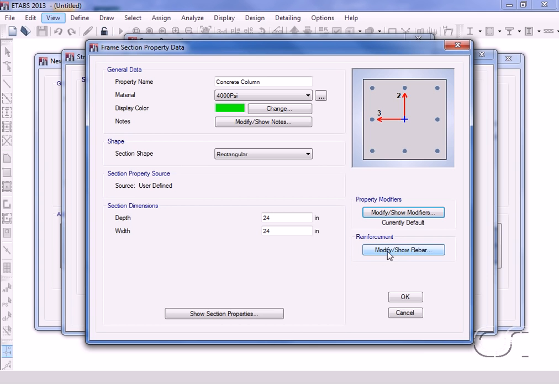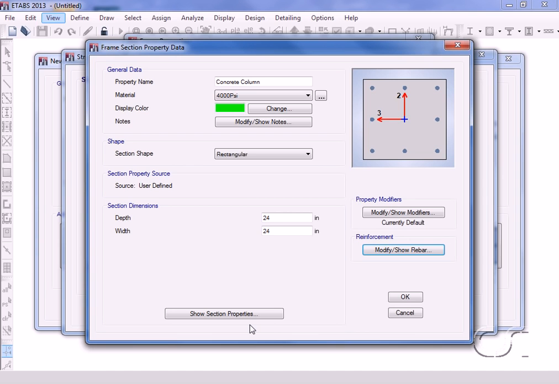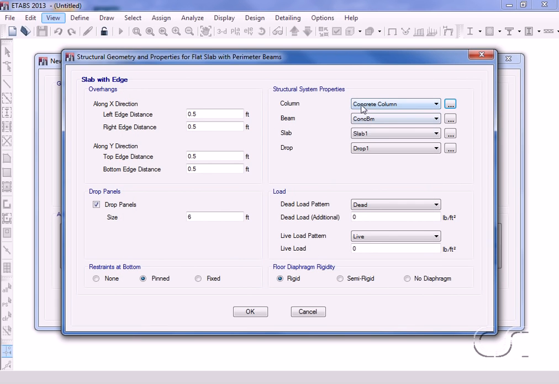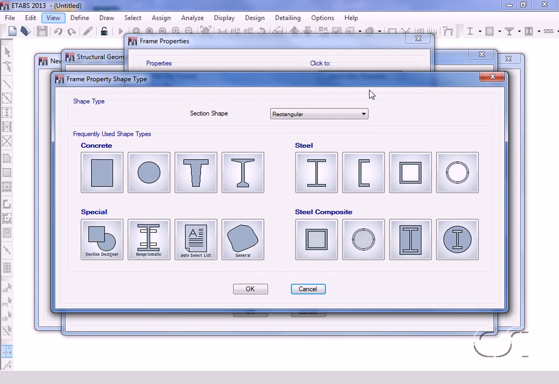Click on the Modify Show Rebar button to review the reinforcement specifications for the column. Click OK on the Frame Section Property Data form, and Concrete Column should be shown on the Properties list. Next, we will define a Beam Section property by clicking on the ellipsis button adjacent to the Beam drop-down list. Again, we will add a new property, also rectangular,